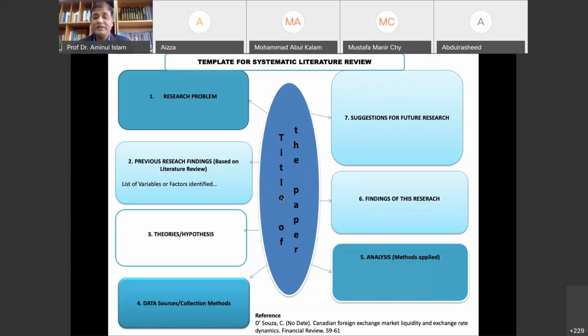I put in the middle the title of the paper, and I'm keeping the reference at the bottom. And that's what the software will do, the systematic literature review software, they keep the references there. Even Mendeley will do that for you. So when you read the paper, try to get the research problem they have highlighted,